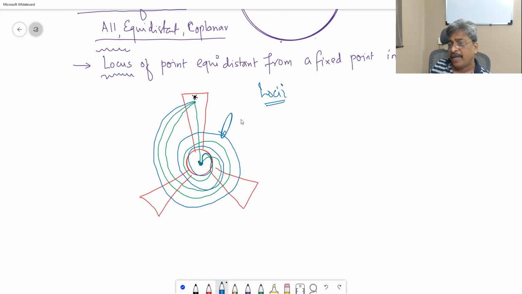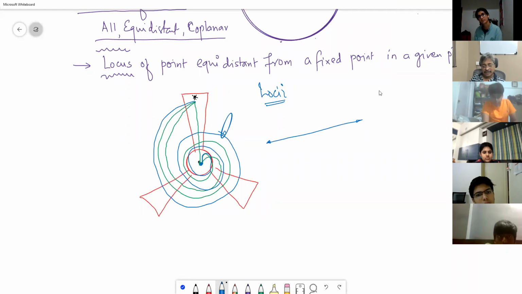So what is the via media? How do we convert geometry into algebra? Through English that we know. Therefore, locus is an important word for us. Suppose now I want to find the equation of a straight line. Can you use the locus word and find a straight line in geometry? Do you know any locus which is a straight line?